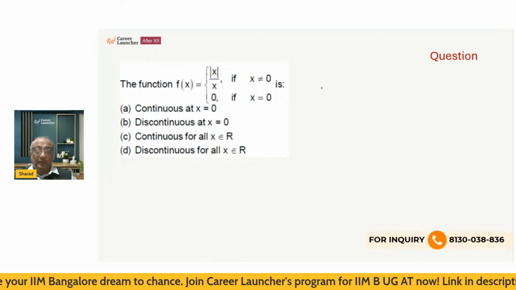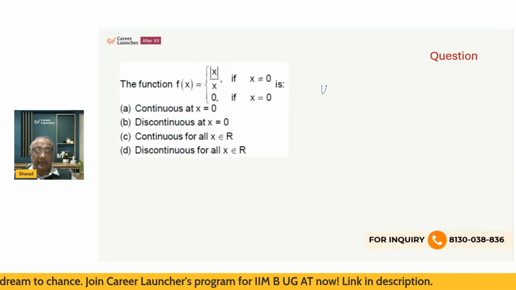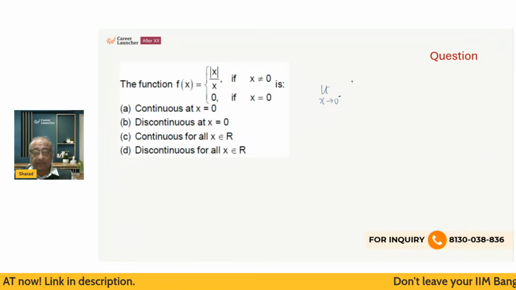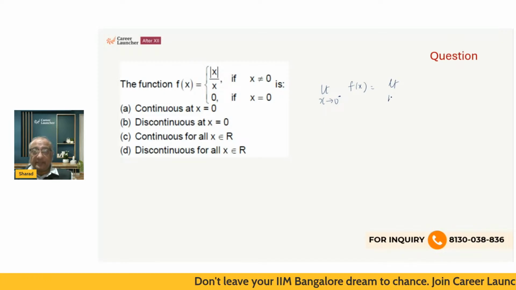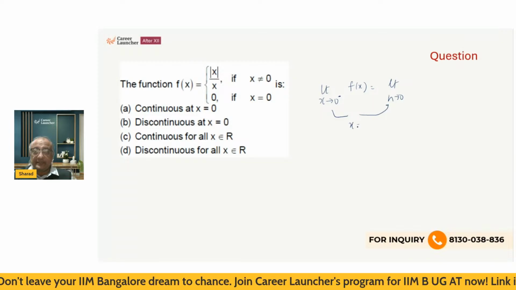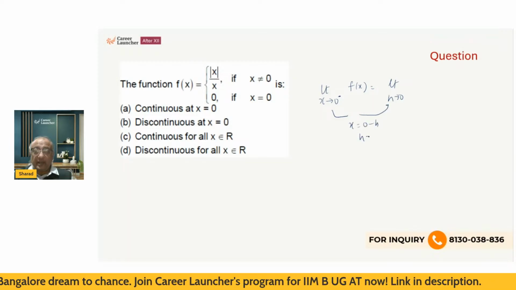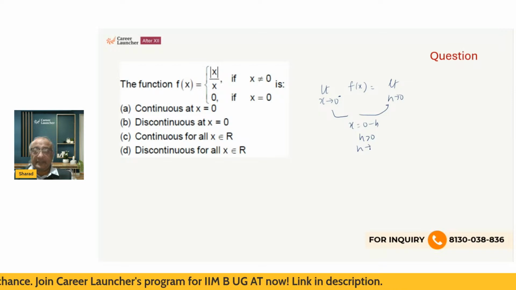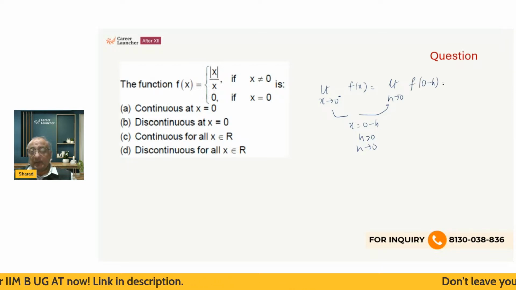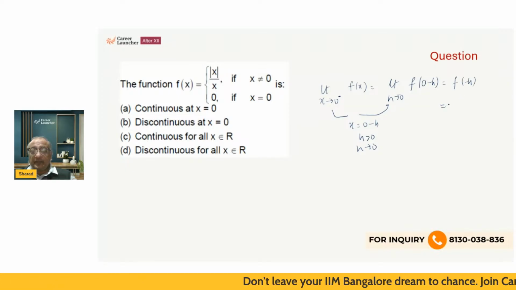I have to evaluate continuity. So first of all, I will write limit x tends to 0 minus f of x. I will write limit h tends to 0, and I will do transformation here by putting x is equal to 0 minus h, and now h is a positive quantity and h is tending to 0. This will become f of 0 minus h, or I can write this as f of minus h, which will be nothing but